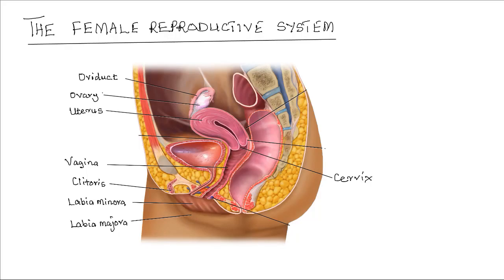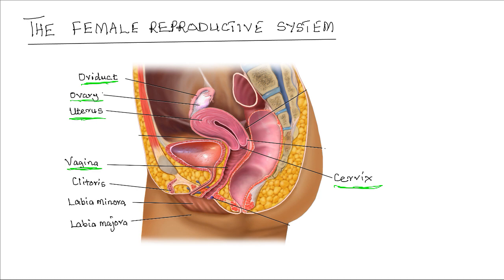The human female reproductive system. The human female reproductive system consists of the ovaries, oviducts, also known as the fallopian tubes, the uterus, cervix, vagina,